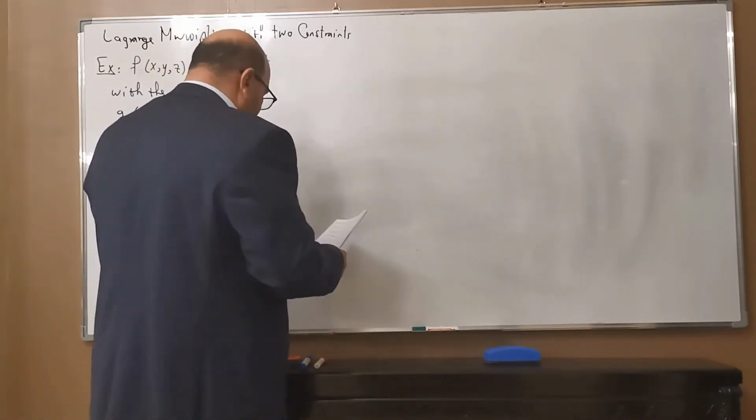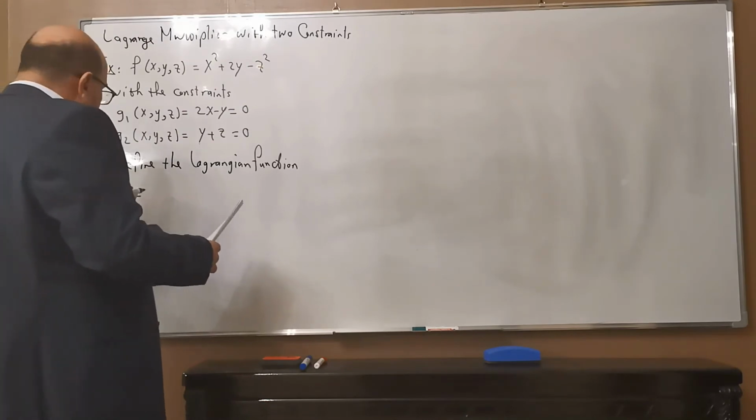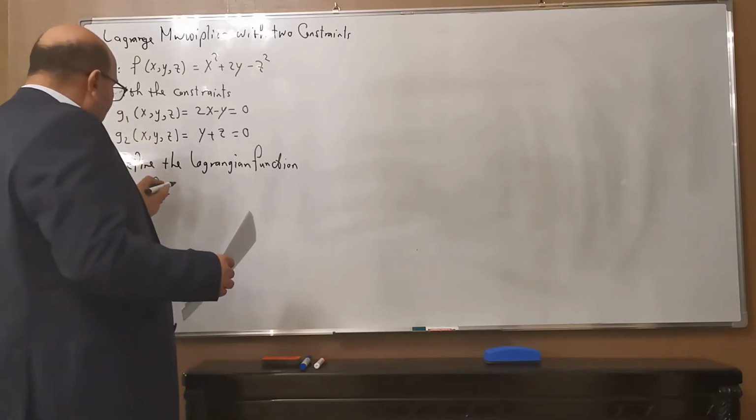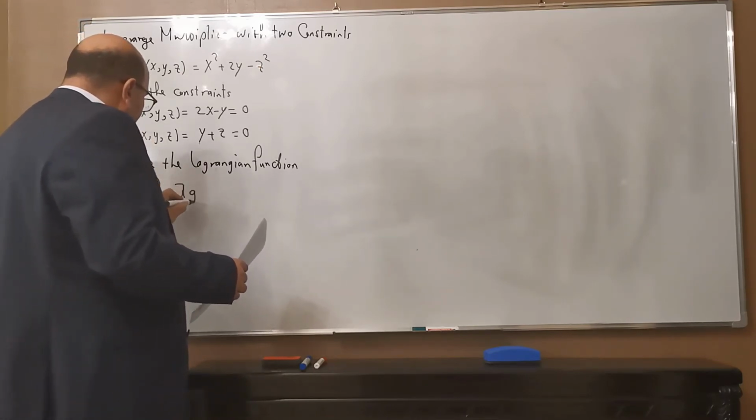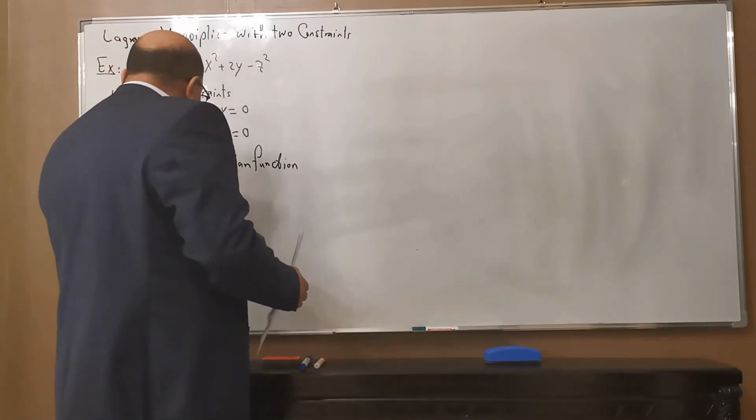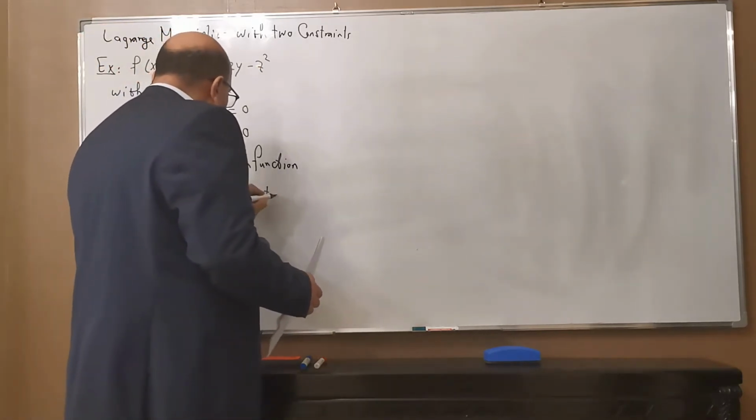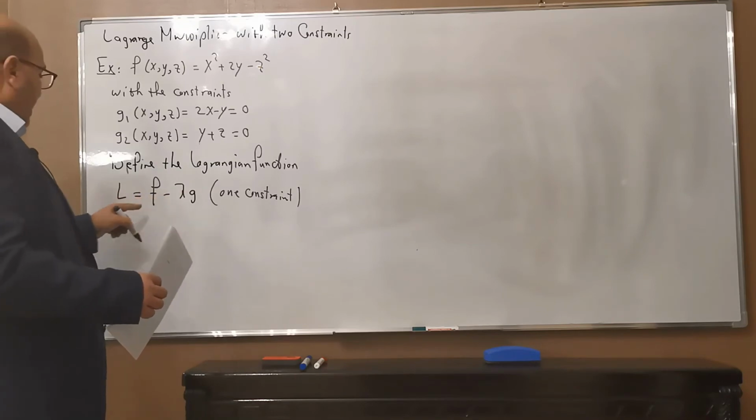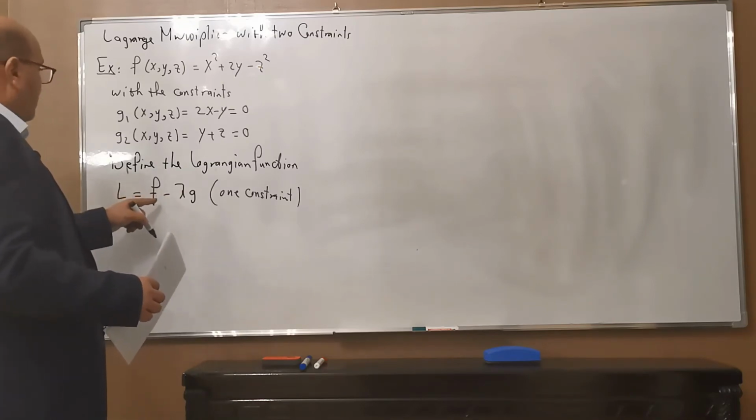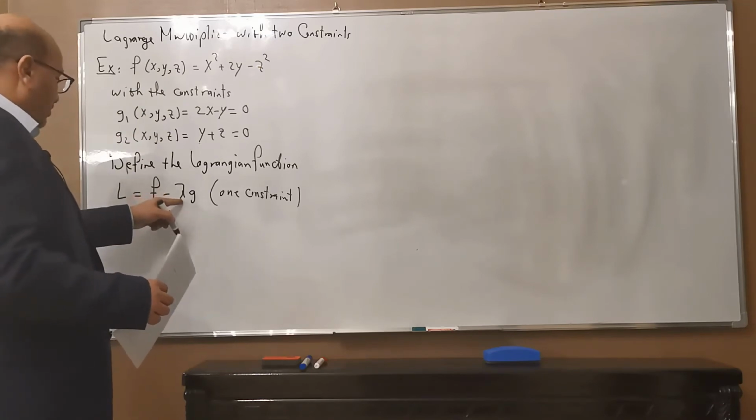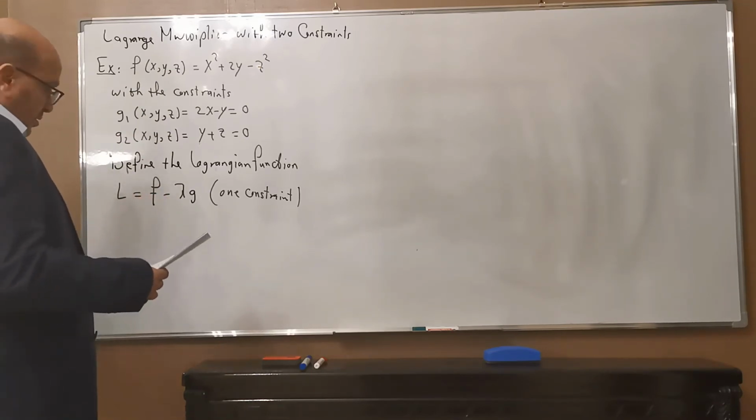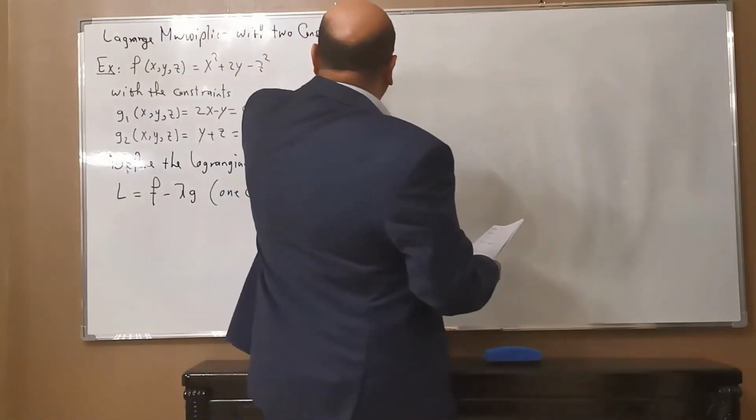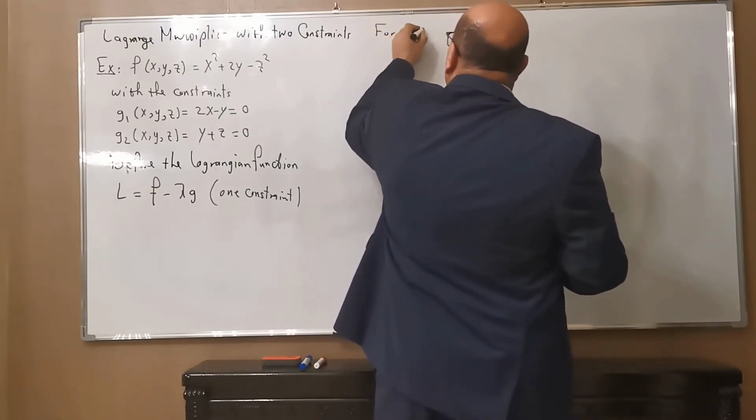What is the Lagrangian function? The Lagrangian function L is equal to f, the function itself, minus, if you have one constraint, lambda times g. This is for one constraint. If you have one constraint, you find the derivatives with respect to each parameter inside and with respect to lambda, and you equate them to zero and find the critical points. In our case here, for two constraints,